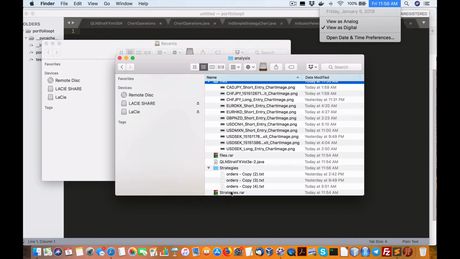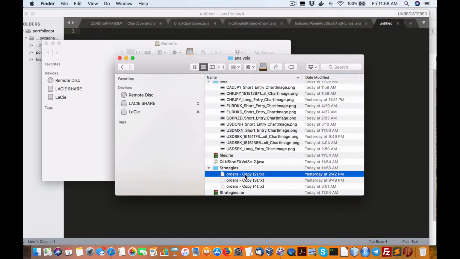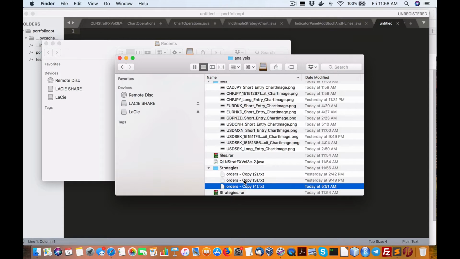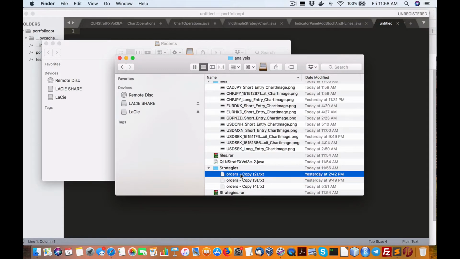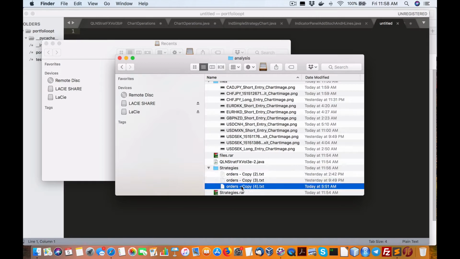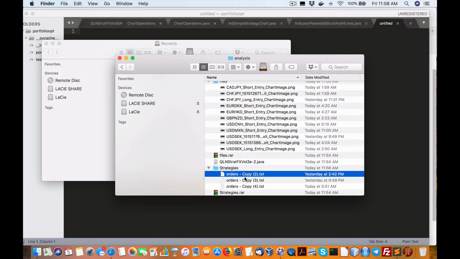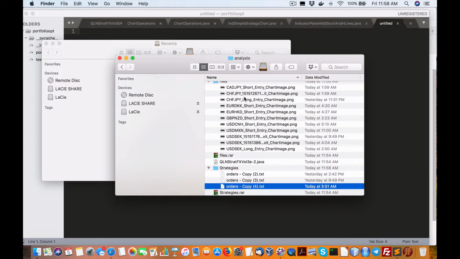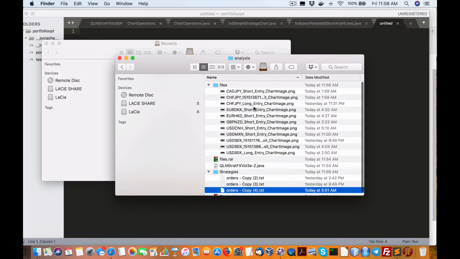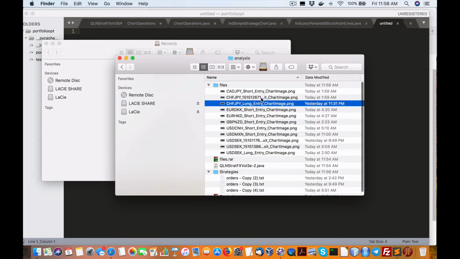So in this video, I'm going to go through three separate sets of order text files that are generated by my system from the Dukascopy JForex system, the current version. And we're going to go through each of these, and I've also been able to track entry